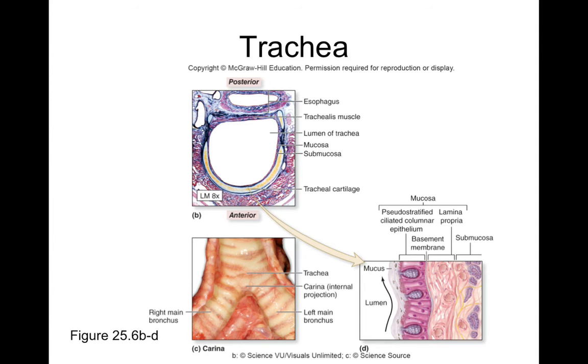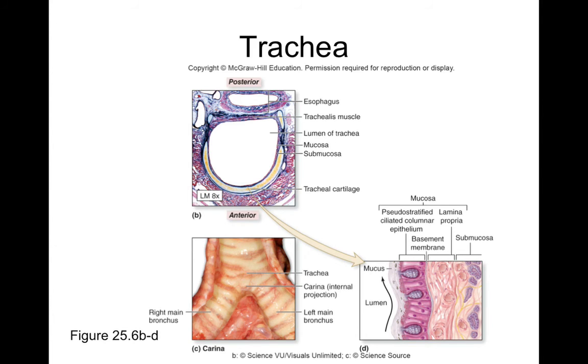What happens is we find a lot of goblet cells that are in the epithelium of your trachea, and these goblet cells produce a nice thick layer of mucus. And the function of this mucus layer is to trap debris and then move that mucus using ciliary action up and out of your trachea, where you're going to swallow that dirty mucus, right? You guys probably don't realize this, but you're always swallowing some of your saliva. Within that, you're also going to find dirty mucus coming from your airway. You end up just swallowing it, and then that gets expelled from your body through feces, which is kind of